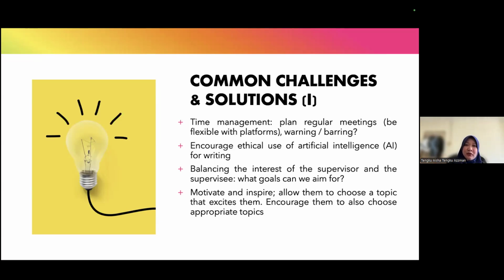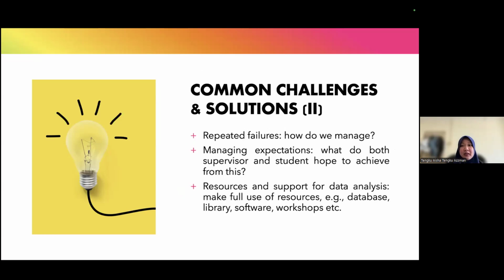We also encourage them to look at aspects of Islamic communication, where a lot of research work is still needed. I tell them, it's okay for you to do Netflix, but why don't you look at how people use it to access certain types of content, not just looking at LGBT. So we try to inspire them to choose topics that excite them, and at the same time are in line with our IIUM mission and vision.